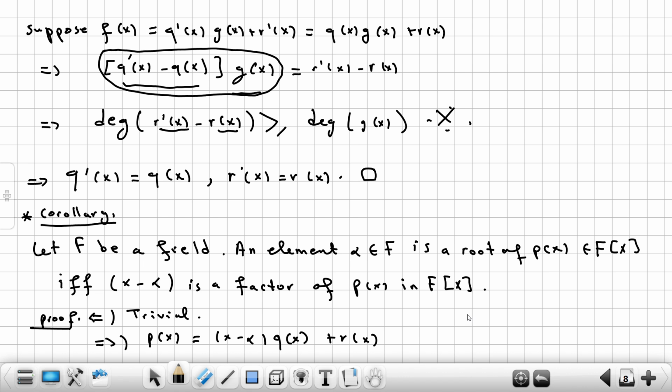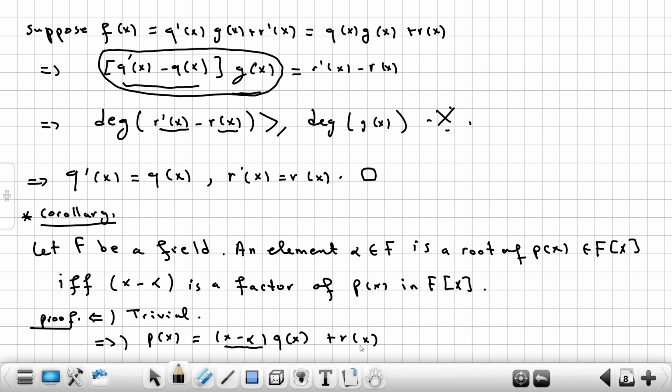Now, of course, using the previous theorem, the degree of r of x is less than the degree of x minus alpha, or r of x is equal to 0. If r of x is equal to 0, then there is nothing to show. If not, then